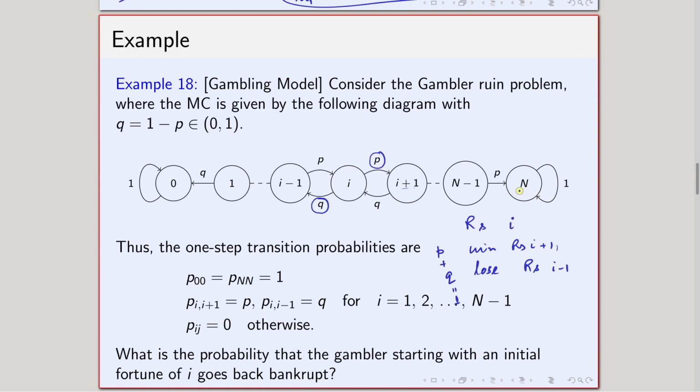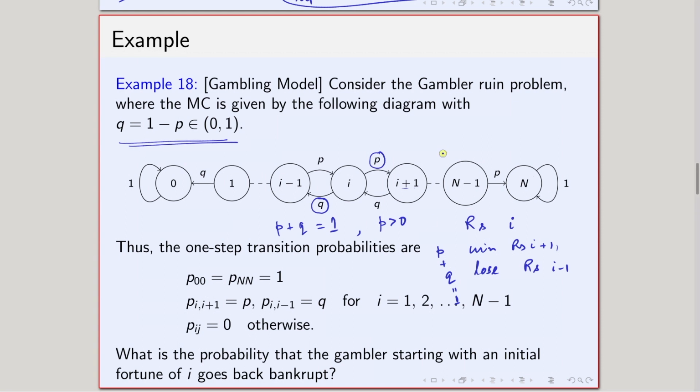Okay. So these two are basically with probability one, and in between, the probability of going towards the right is p, and the probability of going towards the left is q in one step. One step right, one step left in one time step is p and q respectively, and of course p plus q has to be 1. Also we take that p is greater than 0, so you can go both sides with some positive probability.